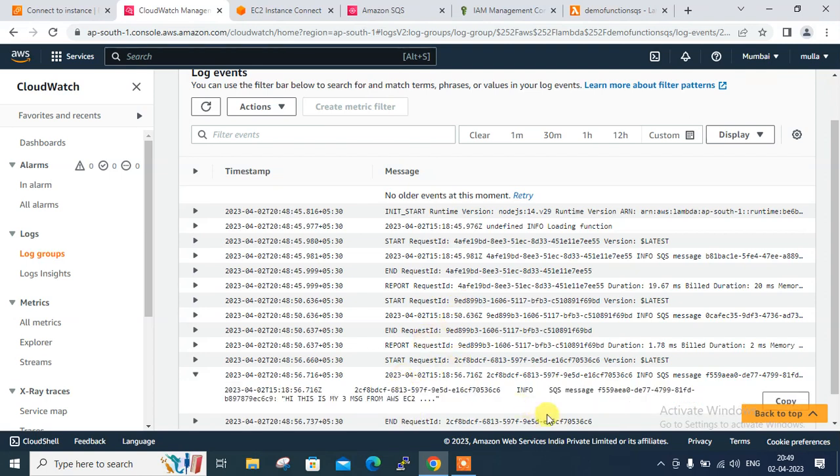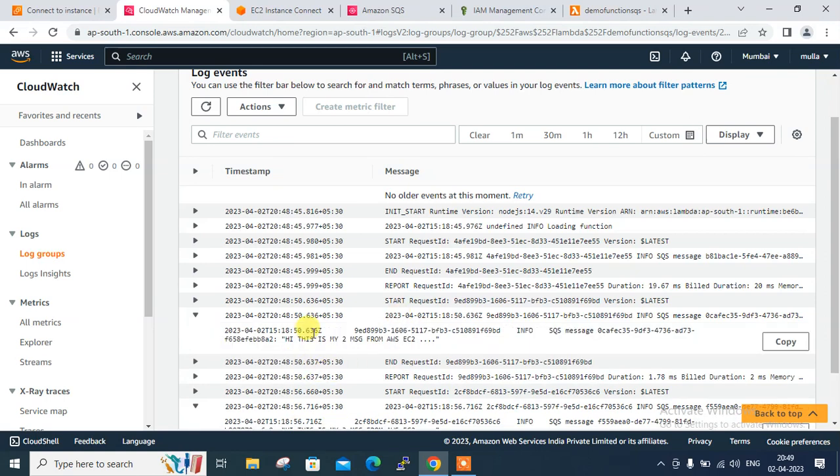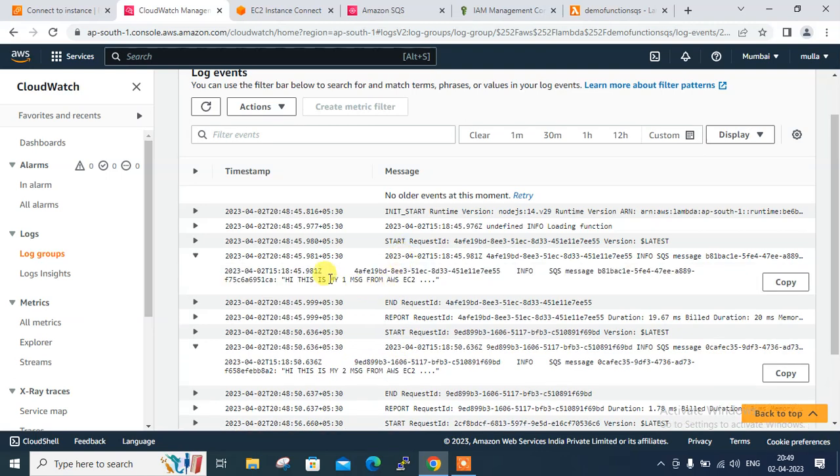If I check it here, see, hi, this is my third message from AWS, right? Similarly, I can go from here, hey, this is my second message from AWS. If I click on here, hey, this is my first message from AWS EC2 instance, right? So here you can see that as soon as I got the message in SQS Lambda trigger, I got update in the CloudWatch. So this is the first case which I'm using with the Lambda function and attach SQS